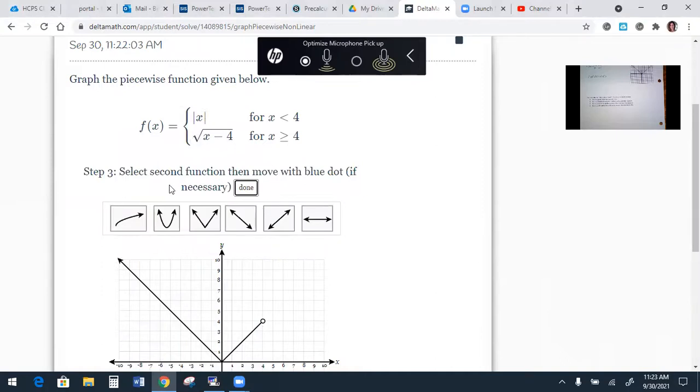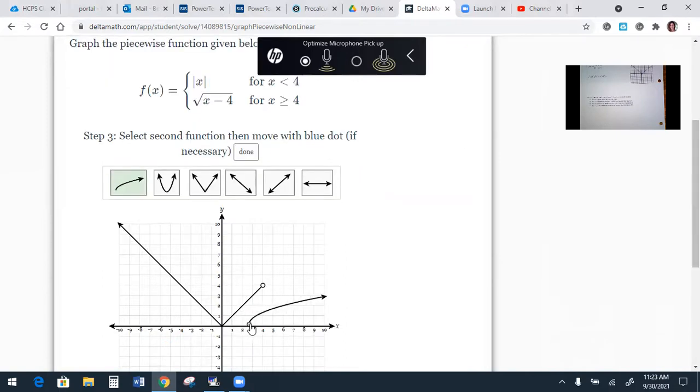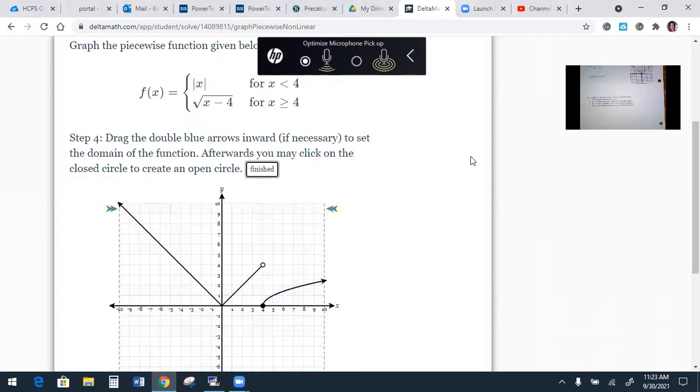This one's square root. So which one of these are we going to choose? Yeah, the first one. And what direction did it move? Right 4. All right, so with that little circle, you can move it right 4. And then done. That's what confused me. I was like, why do you have to hit done? But it makes you hit done to do the next part. And then it says greater than or equal to 4. Now it's already greater than or equal to 4, but I'll bring that in. And then open or closed circle. Closed. And it already is. So you would hit finished,